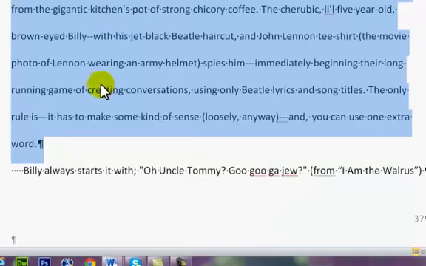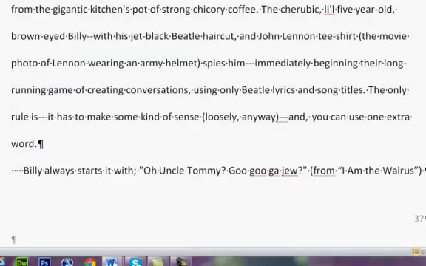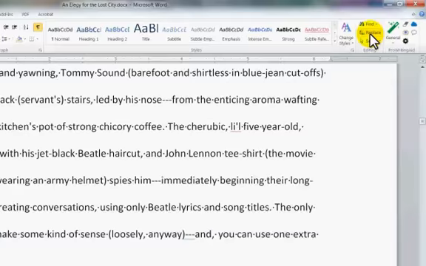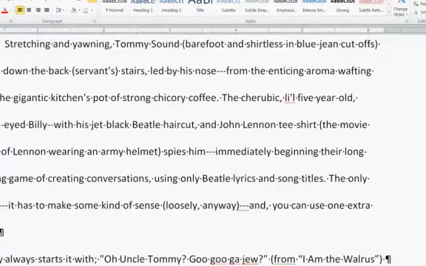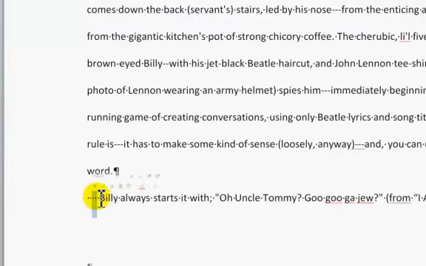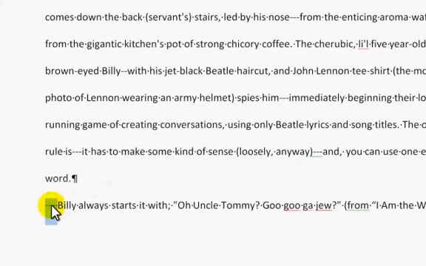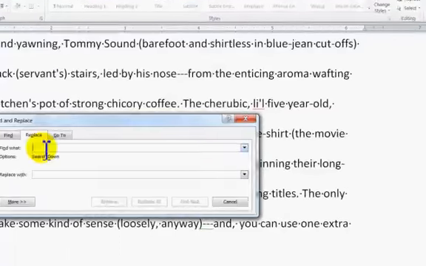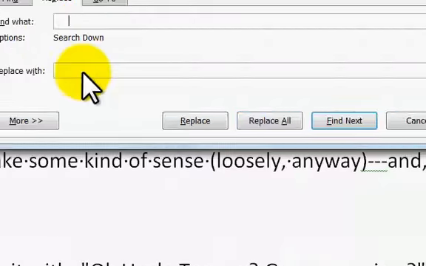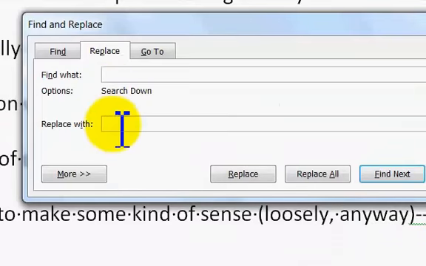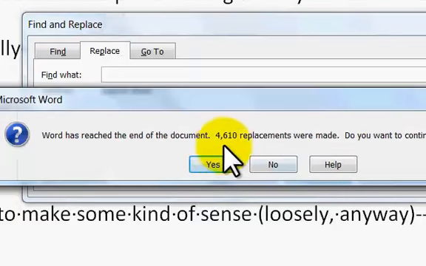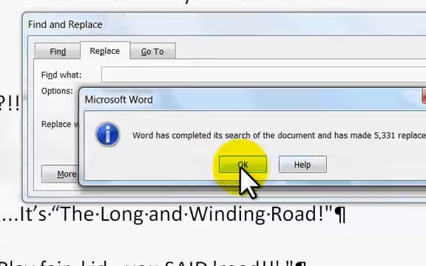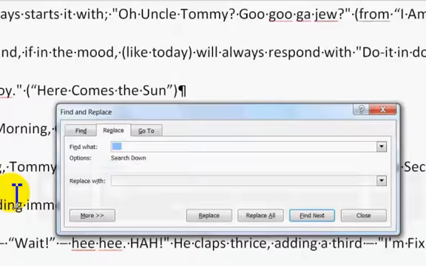If you always put 5 spaces in, you could go to your find, your replace, and copy this, and then go to replace, and then go in here and paste those 5 spaces in there. They're there, although you can't see them. Then put in here nothing, and hit replace all. And it did it 46,000 times. And you hit yes to go to the top, and you hit OK. Now you have no formatting at all,